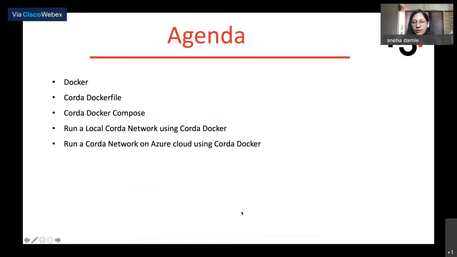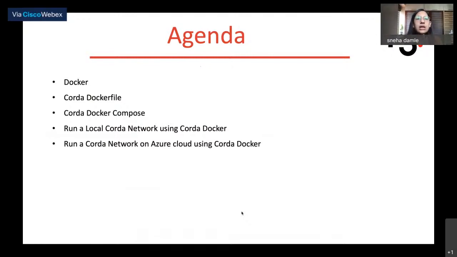So without taking much time, let's quickly jump on to Docker. What's the agenda for today? We have a 1 hour session. In it, we're going to talk a bit about Docker, not much, just an overview. Then we are going to look at the Corda Docker file.